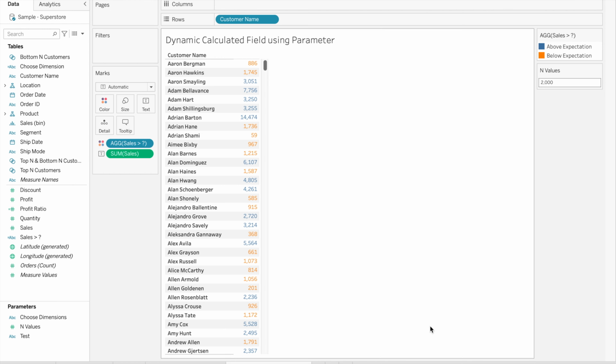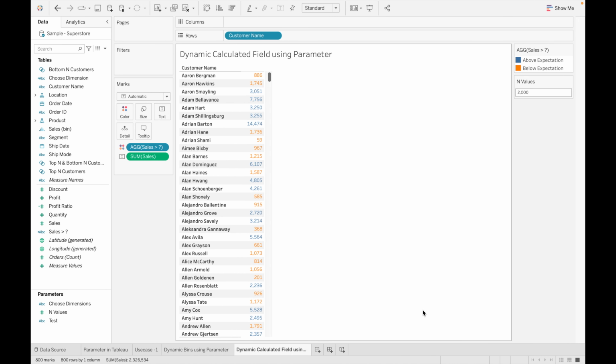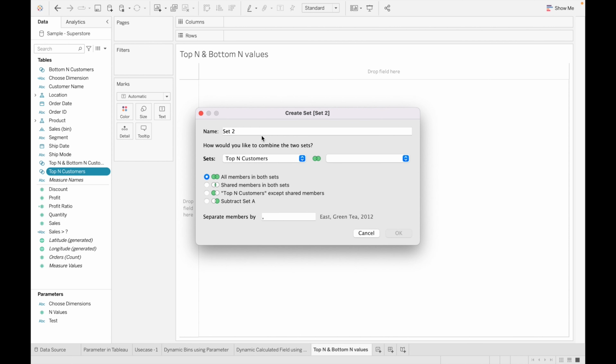Okay, let's discuss our next use case, that is finding top n and bottom n values using a parameter. So for this, let's first rename the sheet top and bottom n values. Now for this use case, we already created our top n customer and bottom n customer. Let's combine them and make a combined set and rename it top slash bottom n